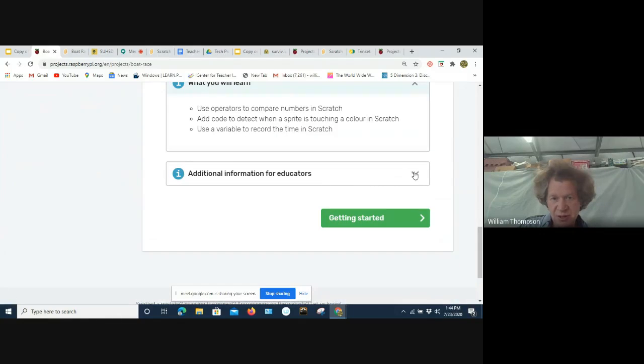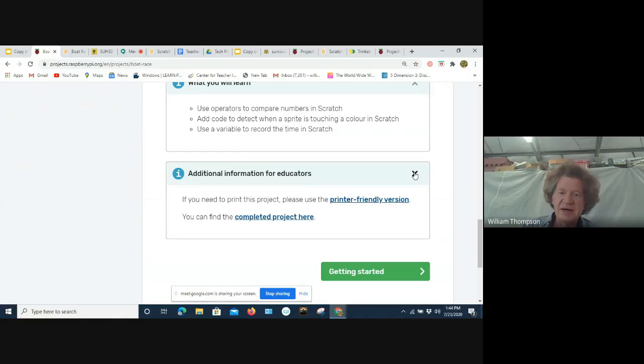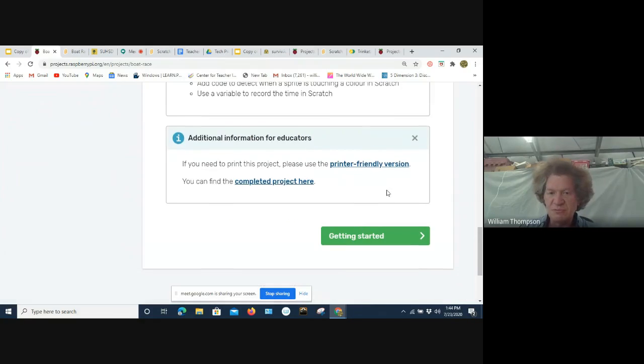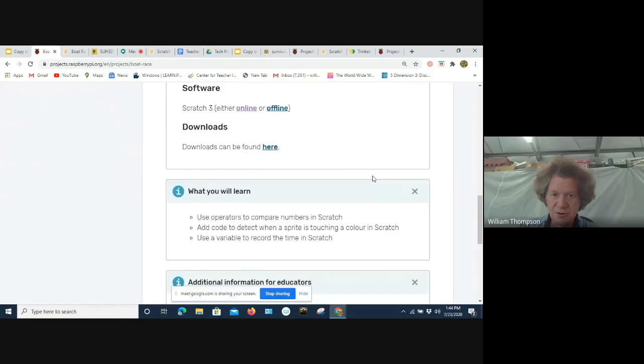And then also a nice thing is for educators, they have a printed version. So if you're doing an activity and you just want to make a printout of the entire activity to look at, as opposed to flipping through page by page on the computer, they have a downloadable resource here for you.